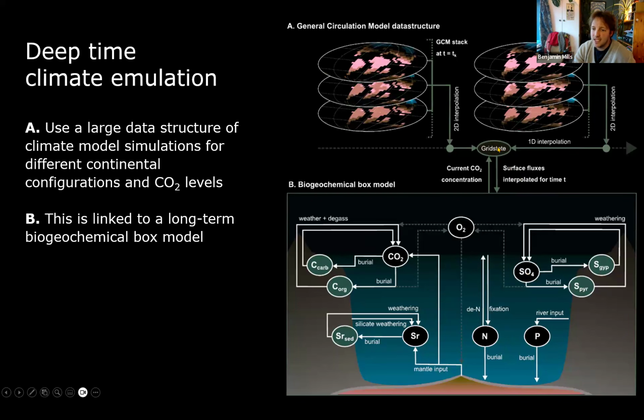What is really different here is what we do to figure out the model climate. At every model time step, we take the current CO2 concentration and feed that into a climate model emulator. The emulator is built by running a climate model lots and lots of times for lots of different continental configurations and lots of different CO2 levels. This means we can interpolate between CO2 levels and between continental configurations. So at any point in our model, we can very quickly ask the computer, what does the climate look like at this many years before present and under this much CO2? It will give us a 2D field of what it expects the climate to look like without actually running any of the physics. And this means the model can run very quickly.